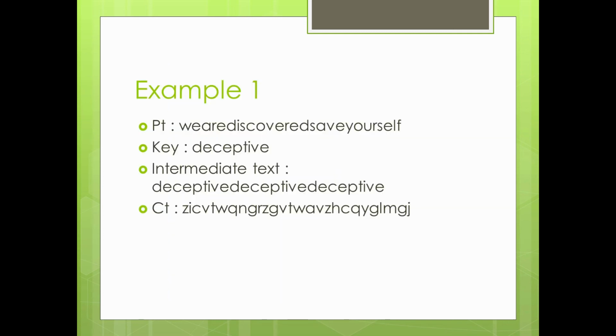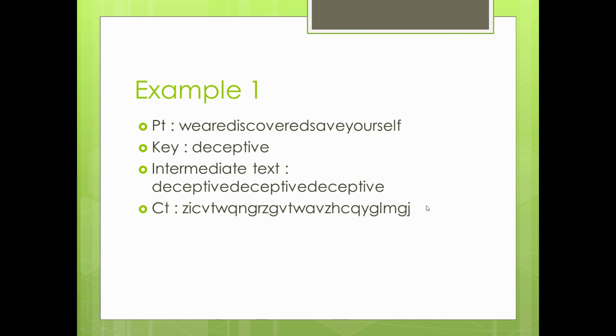So for that only I had written Z here, and now let me take another example from the last one. The last character of the plain text is F and the last character of the intermediate text is E. So again similarly in the same fashion you will have to go row wise and find where F actually lies.